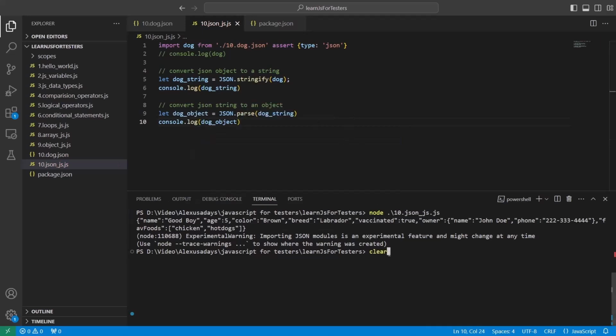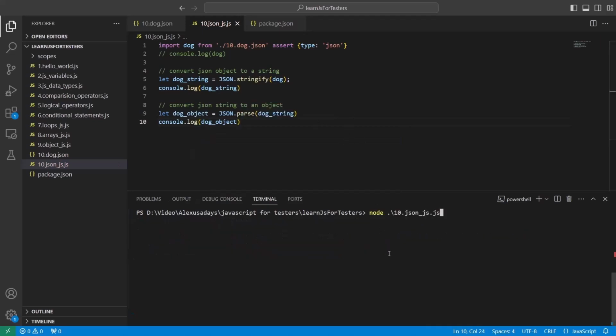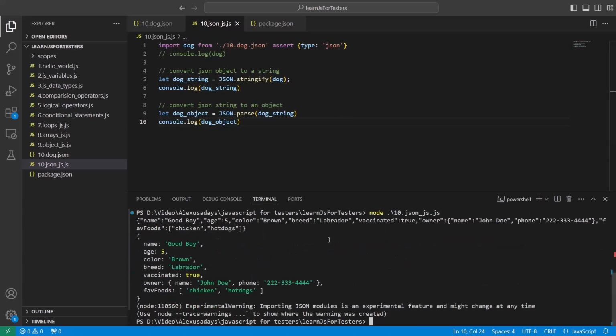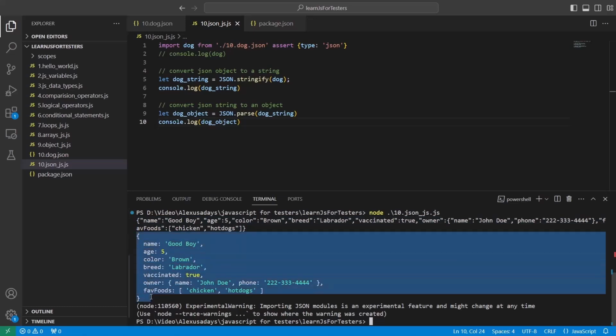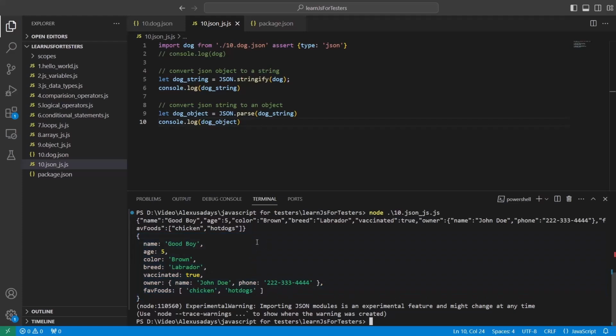All right, great. I'm going to clear out the console and let's run one more time. And now we have two values coming back. One is a string and the other one is a JSON object, right? So that's how you work with JSON. We're going to have more examples when we get into the frameworks of testing with JavaScript. As a tester, what you will be doing is receiving